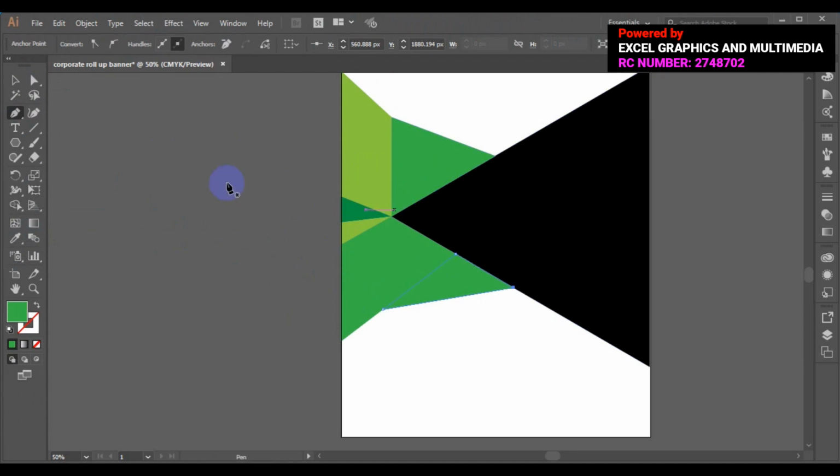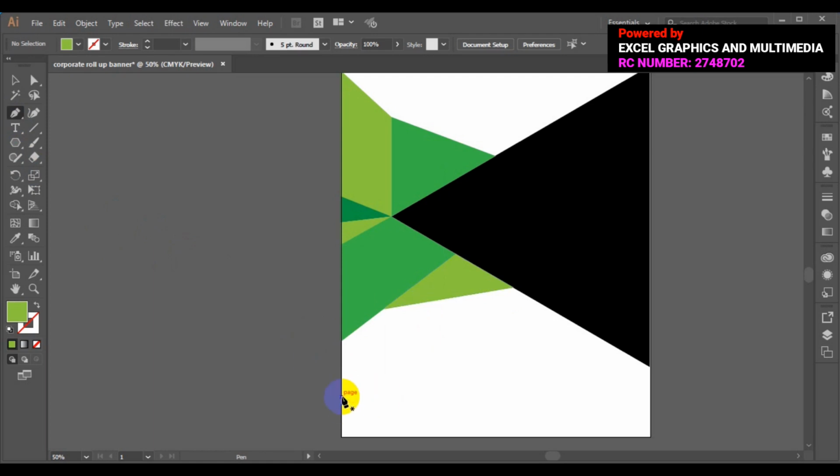Then I'll close the part here. So my eye color dropper, then I'll select this green now. Right, so we are getting to the concept of the banner. So we'll continue with my pen tools again,